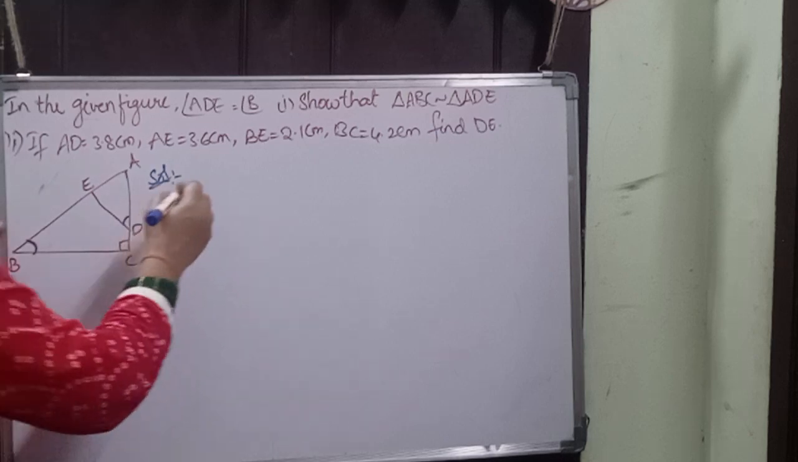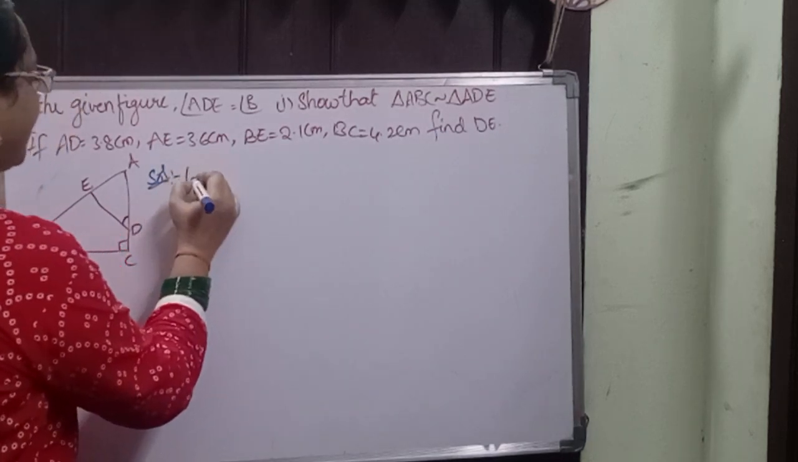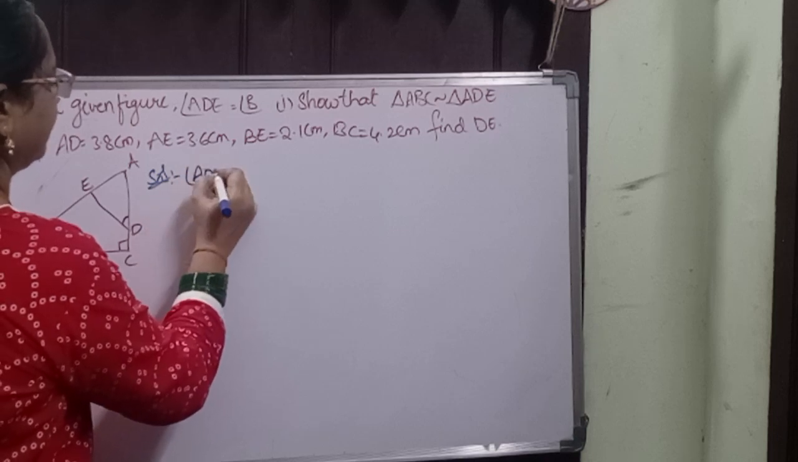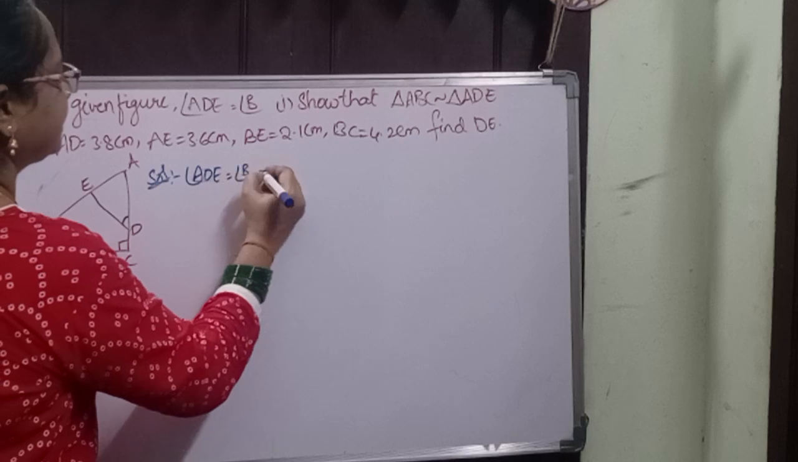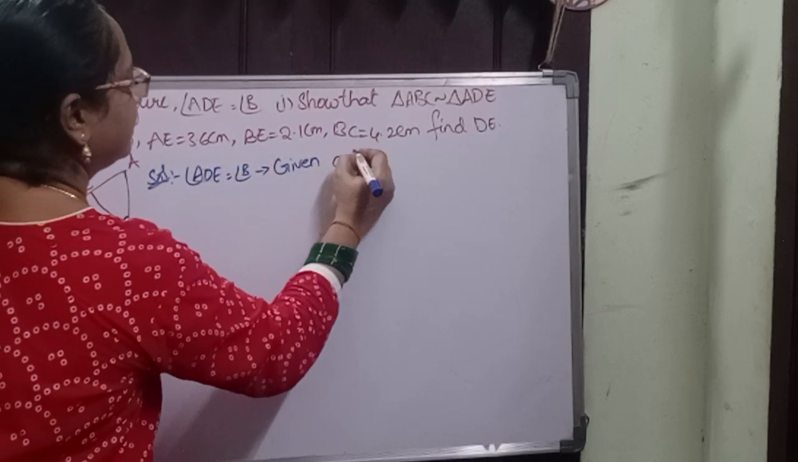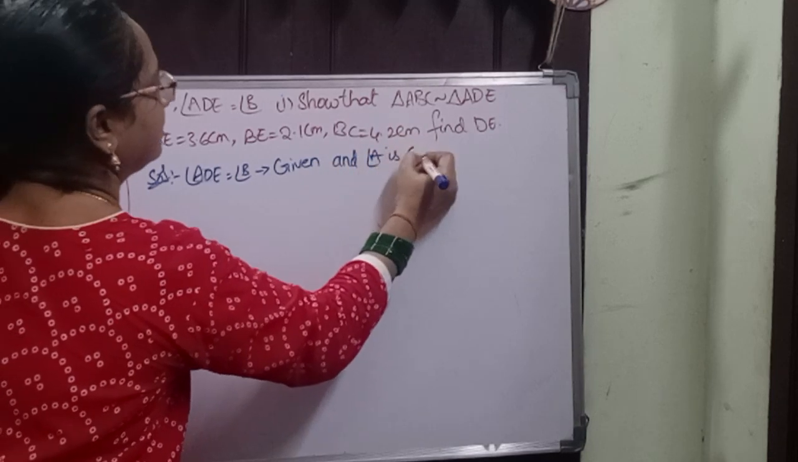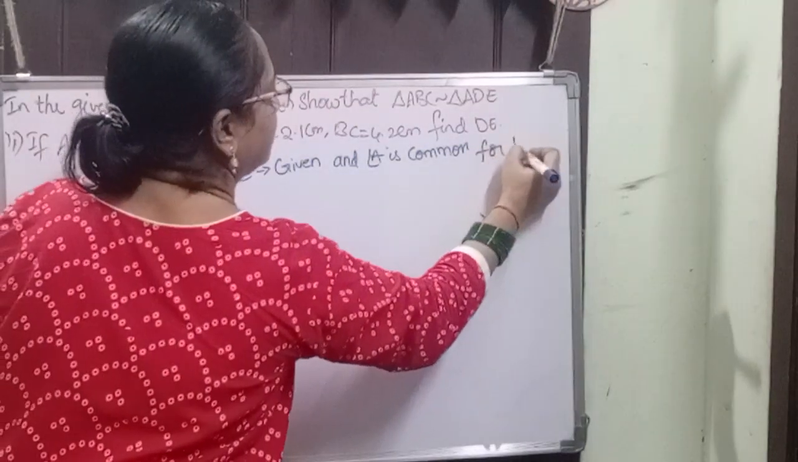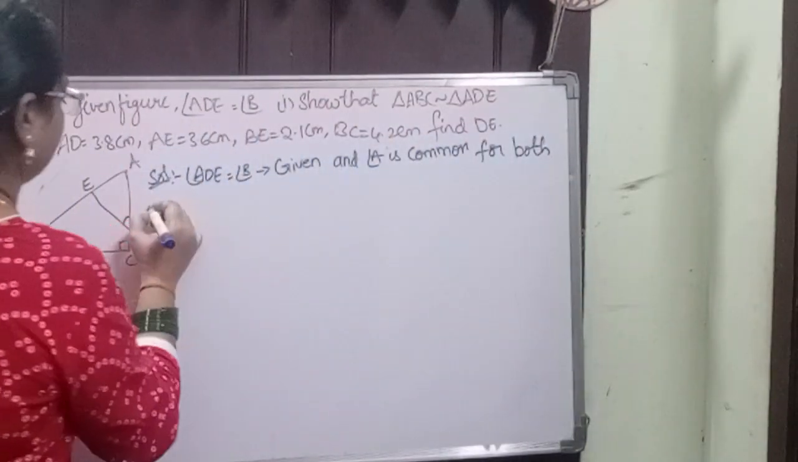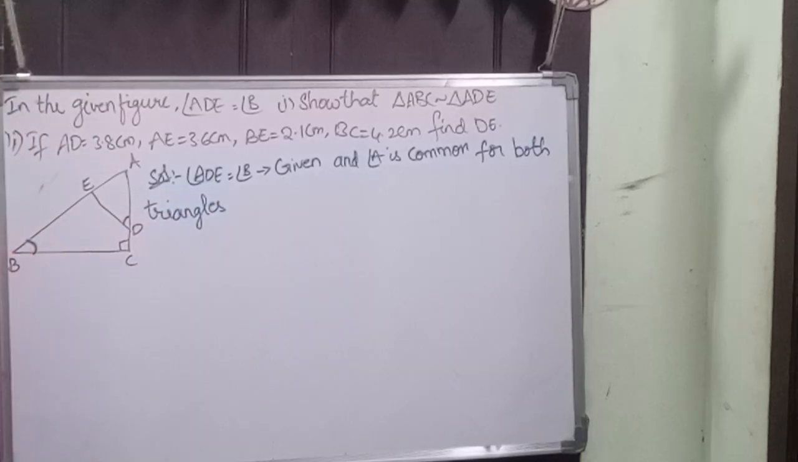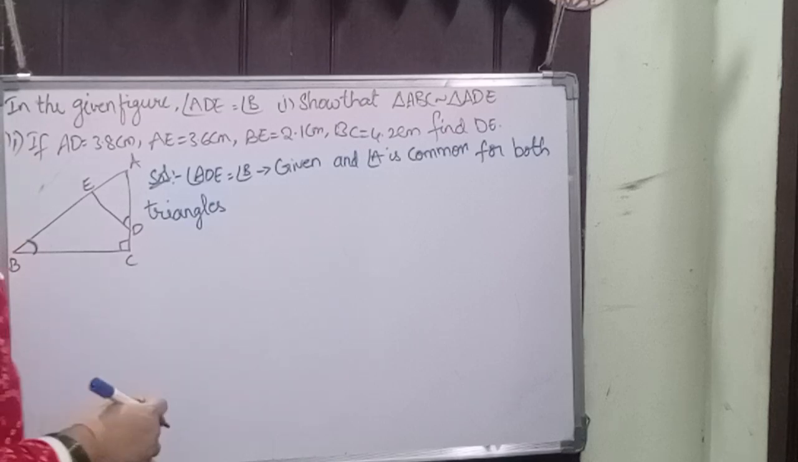Okay. So here, what you can say, angle ADE equals angle B, which is given, and angle A is common for both triangles, right? For both triangles, angle A is common. Next, one more, what you can say,